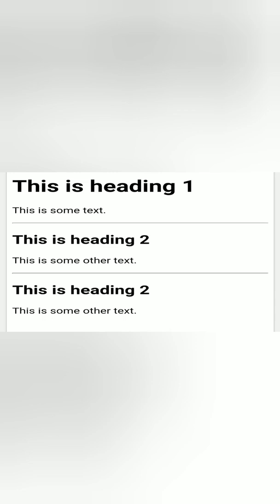Then again we write a horizontal rule, means horizontal line. Then again the H2 heading tag, and after that the paragraph tag. This is the output of the code we wrote earlier. Okay students, I hope this is clear. This is heading, after that paragraph tag, then horizontal rule, then again heading, paragraph, horizontal line, again heading, and again paragraph.